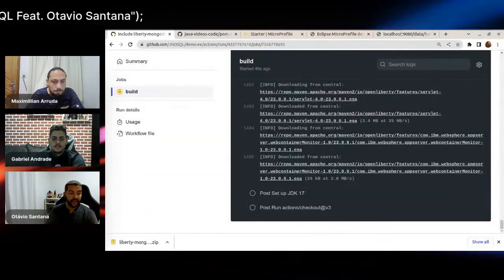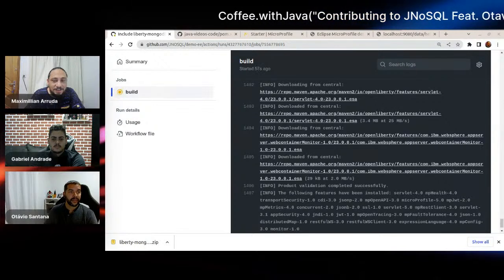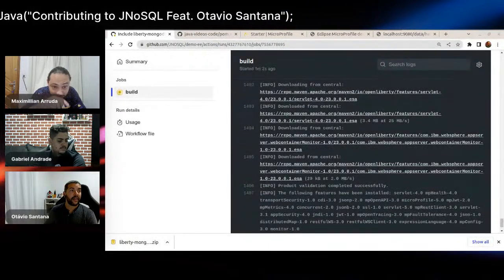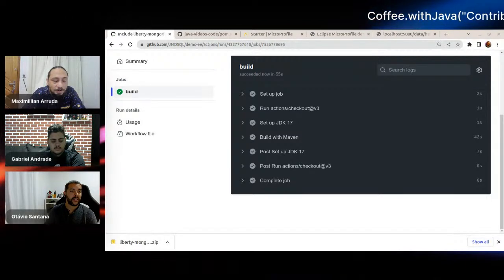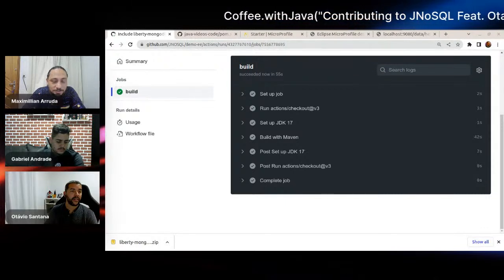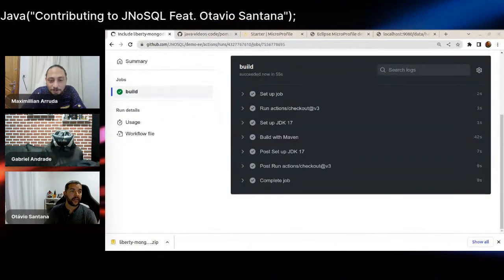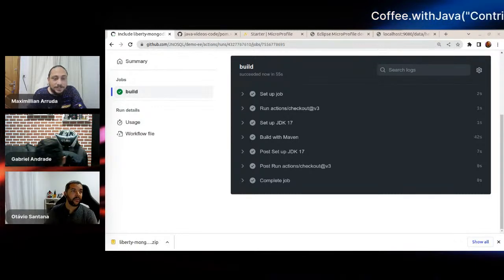Yeah. So it's downloading the whole internet. Well, I think that we could add some cache. Am I right on the GitHub Actions? Yes, it's a good sample. You can do some caches. Yeah, maybe we could open an issue on the repository, or maybe someone on a chat. Feel free to clone, to fork it, and open a PR to our project. Am I right, Otavio? Yes, yes.